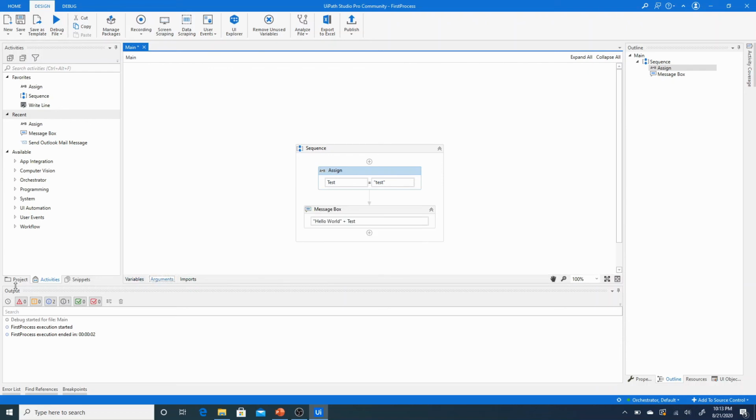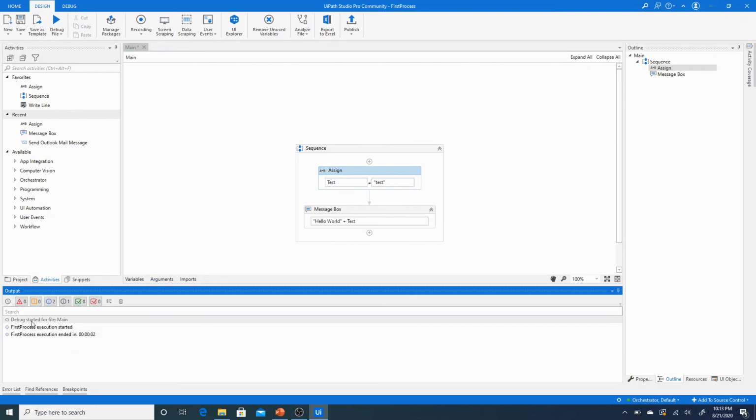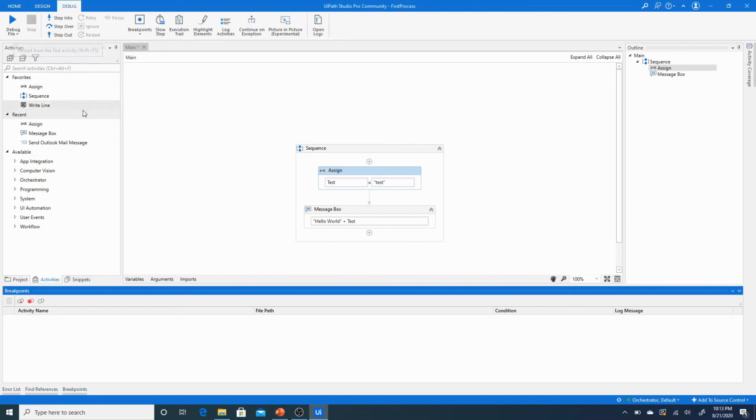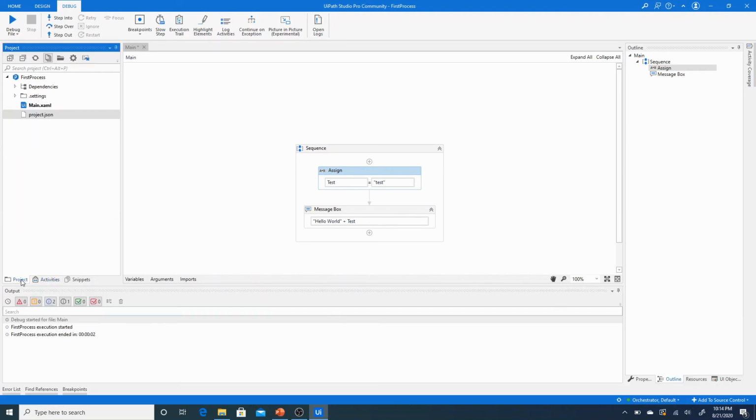Now here is your output panel. Whatever the output, logs or errors will be shown in these output panels. And here you have the error list. If in your process there is some error, it will be shown here. It has three sections: errors, warnings, and messages or information. When you search for anything, it will have different places or hyperlinks which let you navigate to that specific point. And this is the breakpoints panel, where in debug mode, all the breakpoints you use will be shown here. So this is pretty much it.